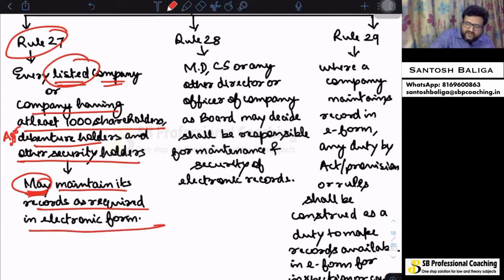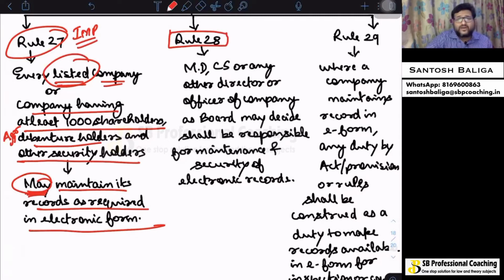This is a very, very important rule. We have to remember this rule because it may be possible that a sub-question of a case study may require you to list which company may maintain its registers or minutes book in electronic form. I hope this is clear.